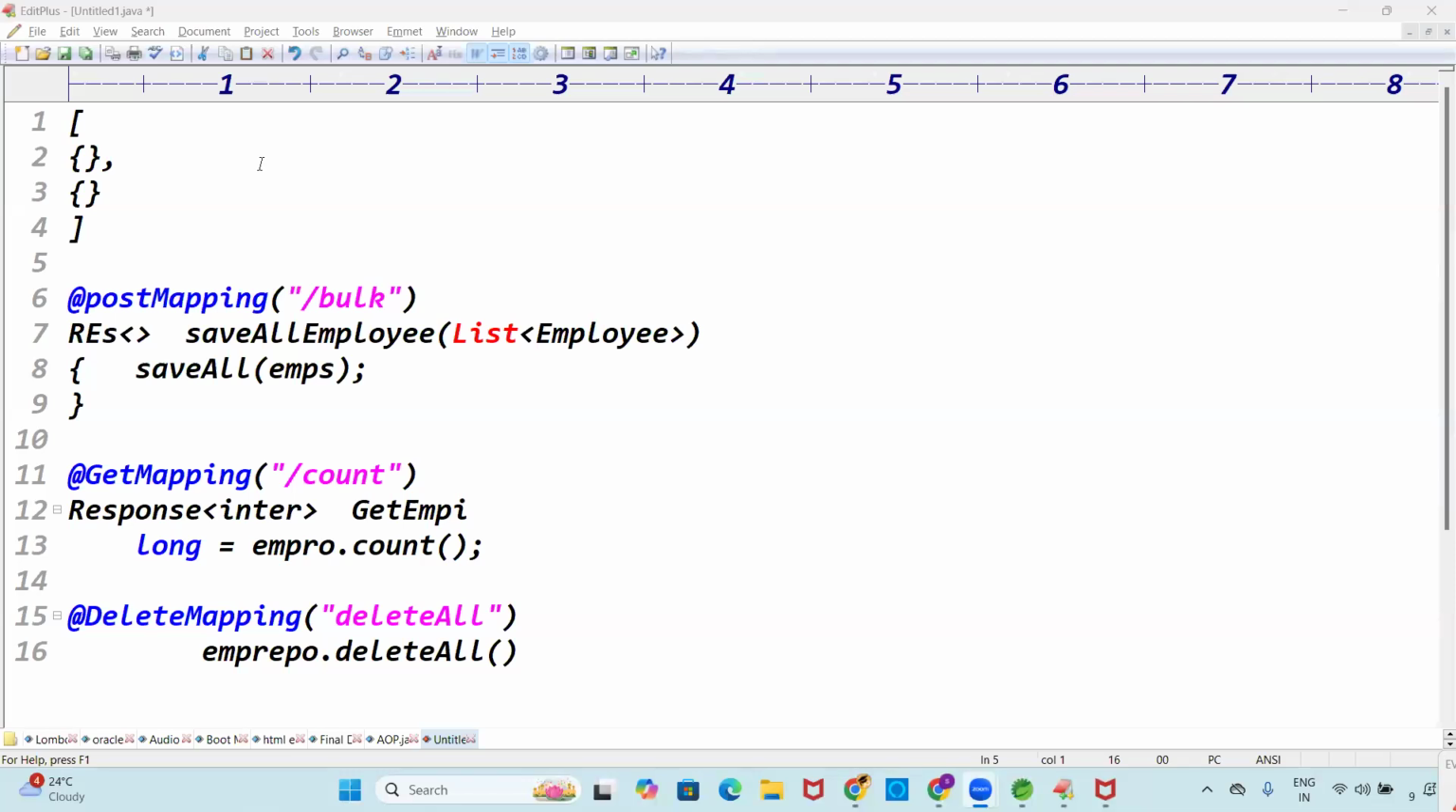Controller layer is injected into what layer? What layer is injected into what layer? Tell me. Service layer injected into